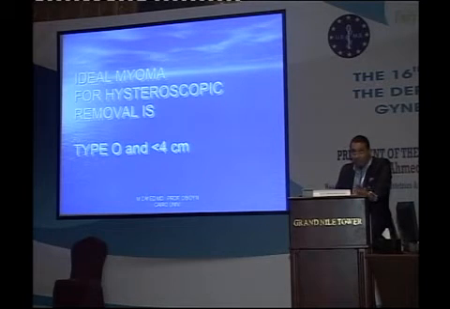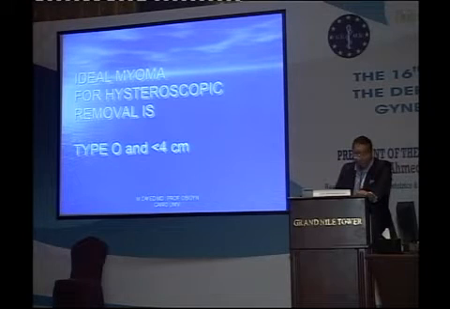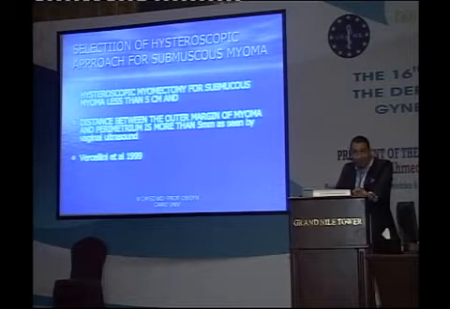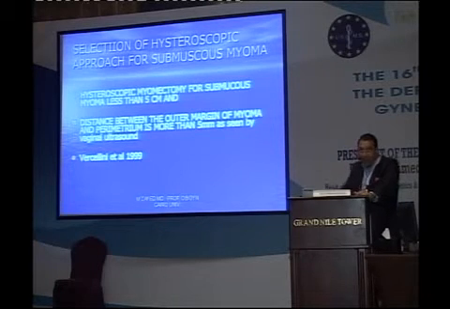And it is always mentioned in the literature that if we want to do an easy hysteroscopic myomectomy, then you have to stick to type 0 and myomas less than 4 centimeters in size. Selection of the hysteroscopic approach, you have to consider the size, as I mentioned, and also the depth or extent of the invasion within the myometrium. And as we know, you have to have at least 5 millimeters of normal myometrial tissue